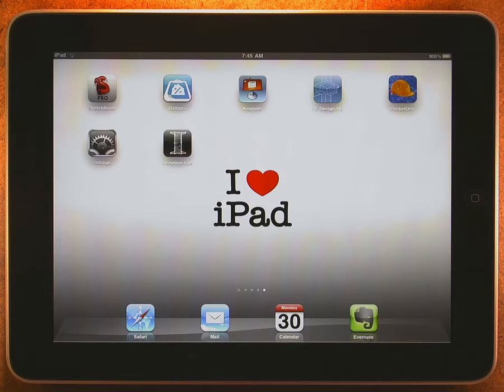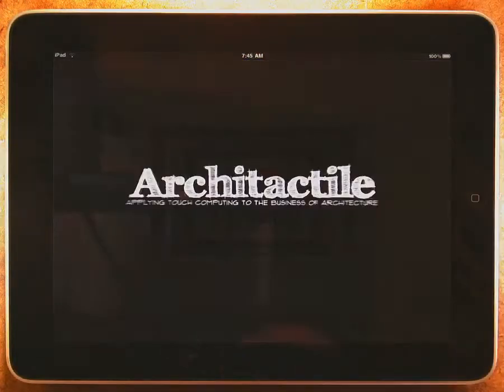This video is an overview of Architactile Inception Lite for Apple iPad. Inception Lite is the technology preview version of the full-blown Inception product that will be available later this year. As you can see, I've already got my iPad running, and to launch Inception like any other app, we simply